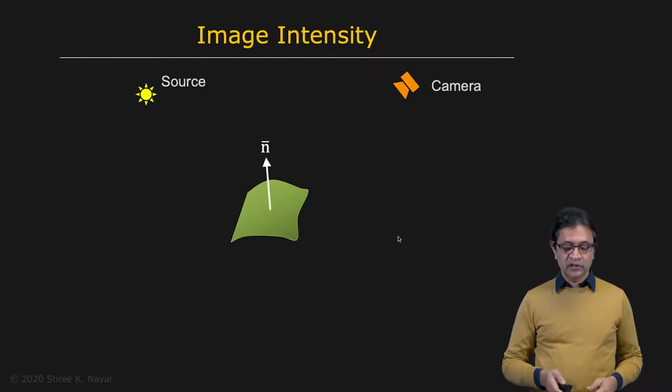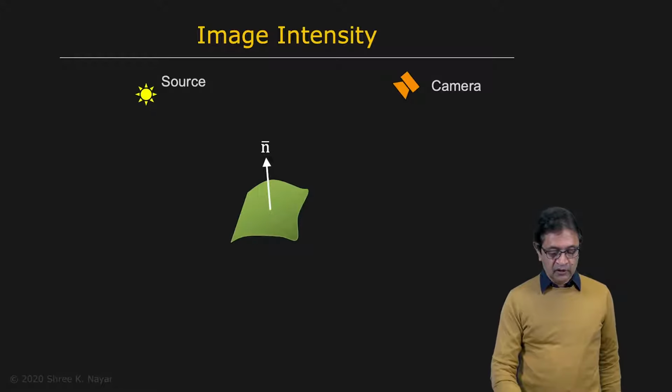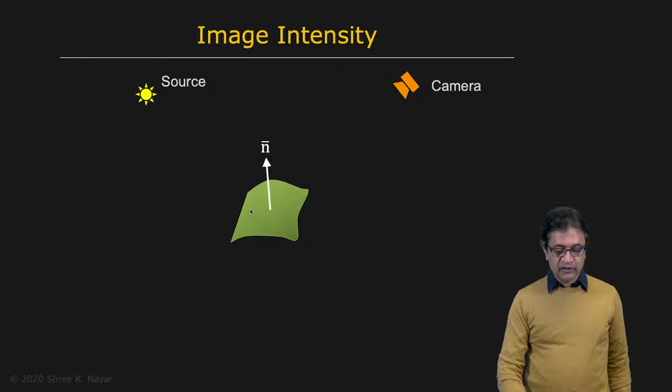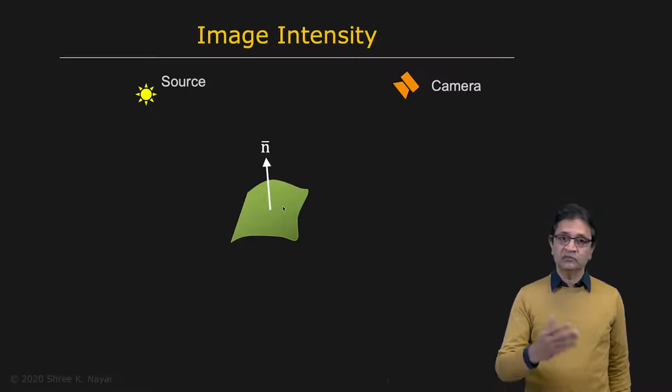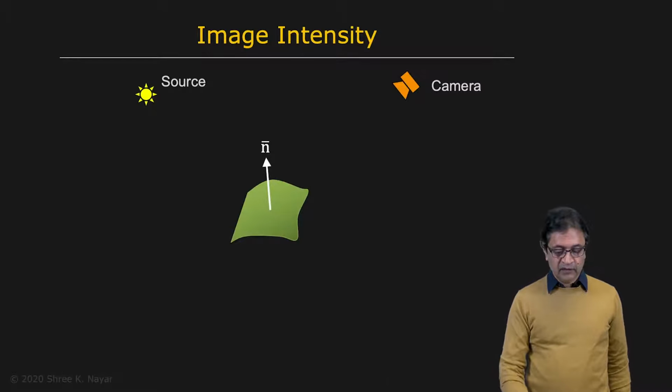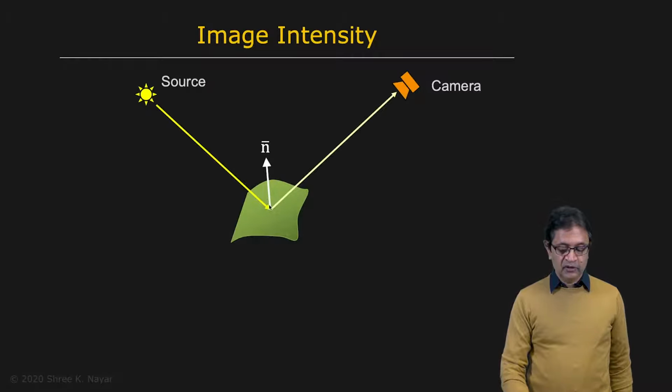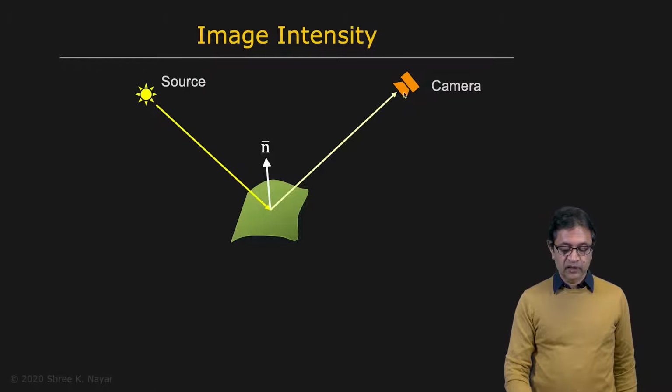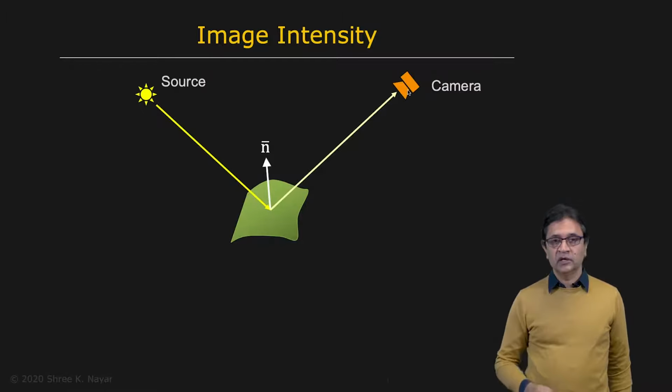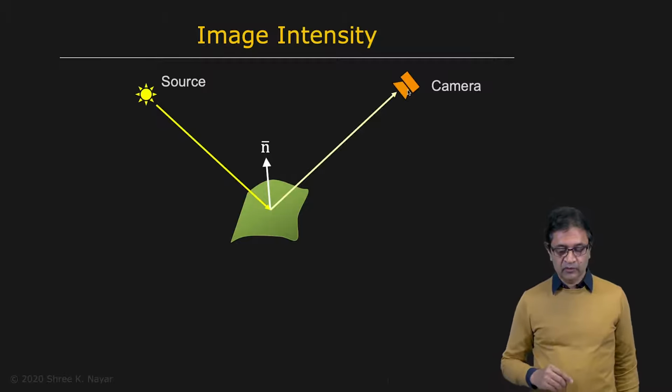This is called the image intensity understanding problem. You have, for a given point, let's say this is the point of interest to us, it lies on a surface which is made of some material, and it has a surface orientation given by this vector n. And we have a light source, a simple light source, in this case a point light source. It illuminates this point, and the point then reflects light in the direction of the camera, and that produces the image intensity corresponding to that point.